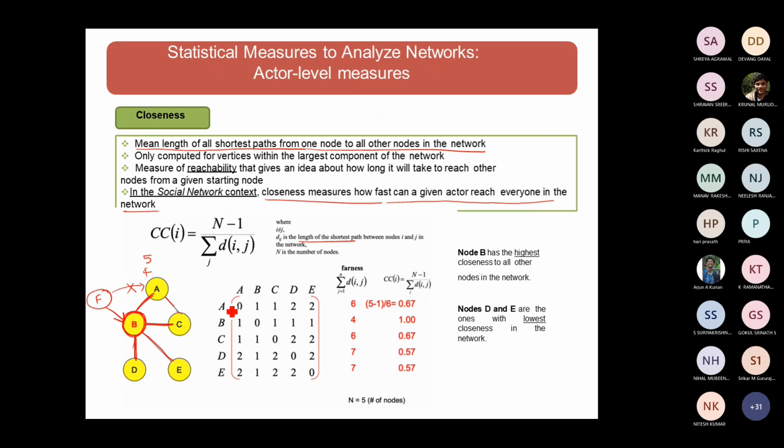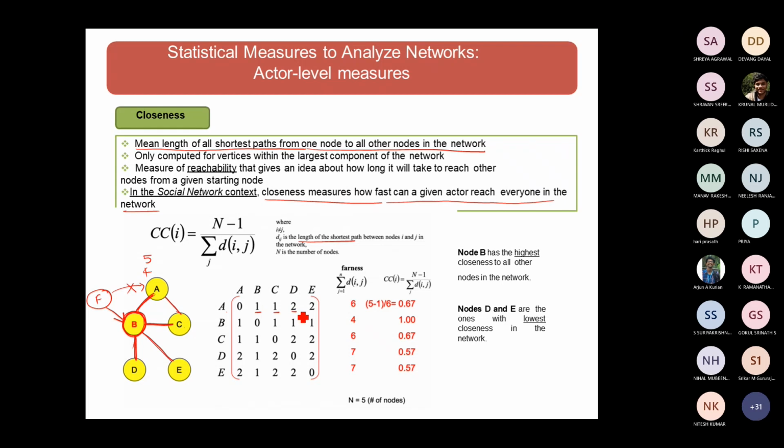See here, A to A, there is no self loop. Always remember, in this type of network, avoid self loops, avoid spider traps, avoid dead ends. Remove those edges and nodes from the given network, and then start computing any statistical measure. In this example, A to A, there is no self loop. A to B, I can take one step to reach it. A to C, I can take one step to reach C. A to D, I have to take two steps, 1, 2.